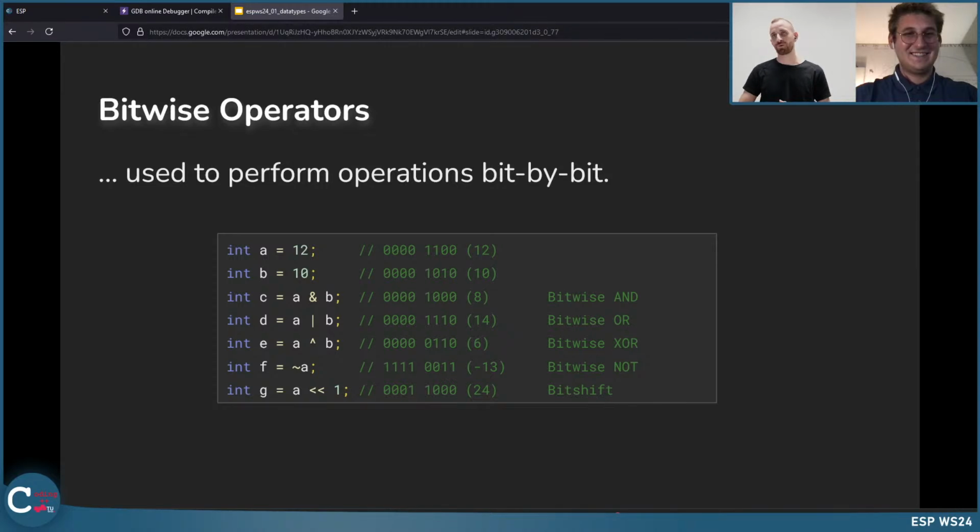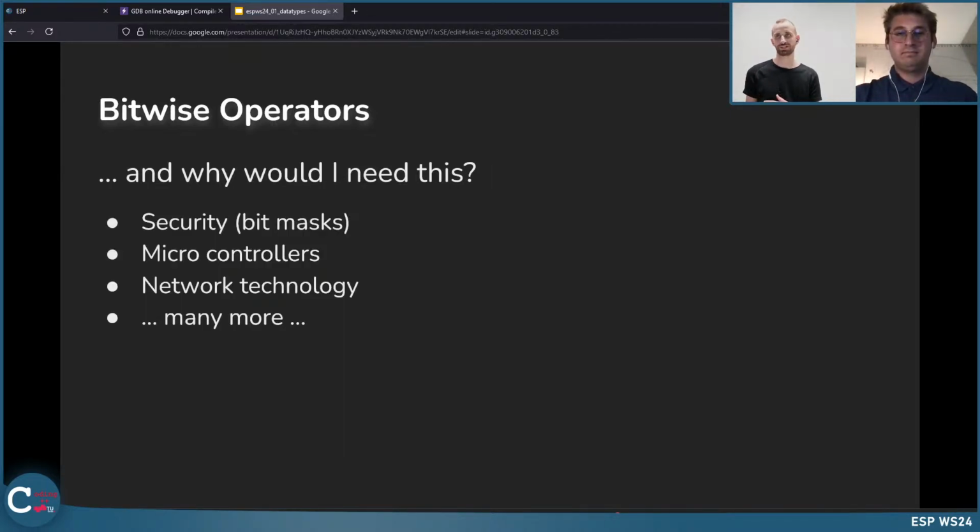There are more operators like the bitwise operators, where you can combine it, and I think for the sake of time we will skip that for now, but you can have a look on your own, and maybe you also have seen it in other lectures before, but it's also possible to use these bitwise operators in C. And you could use this, for examples, for microcontrollers where you have only a little bit of memory and you need to save memory, or when you send something over a network.